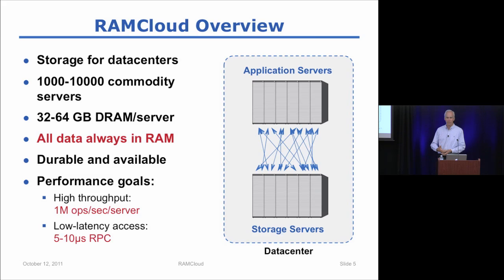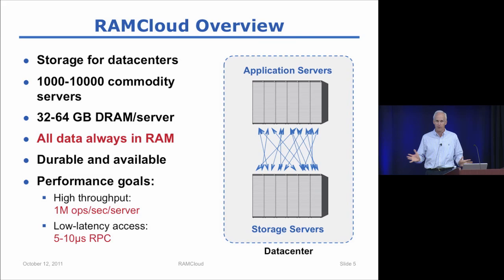As I mentioned on the last slide, again, the two key attributes are all data in DRAM, and we want to figure out how to make this durable and available so application developers don't have to worry about managing a separate backing store. So if we can do this, we think we can attain a pretty interesting level of performance. The first one is throughput. We believe an individual server should be able to sustain on the order of 1 million operations per second, small reads or writes. So if you aggregate that across, say, 1,000 servers, then you can do an operation for every human on the planet every 5 to 10 seconds.